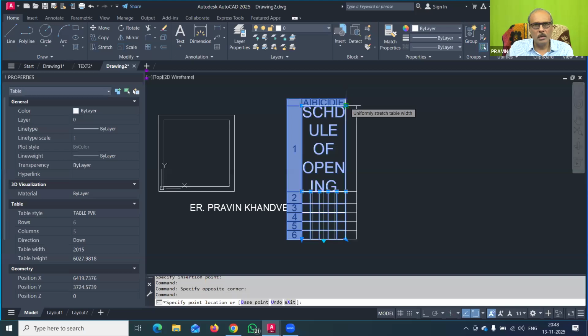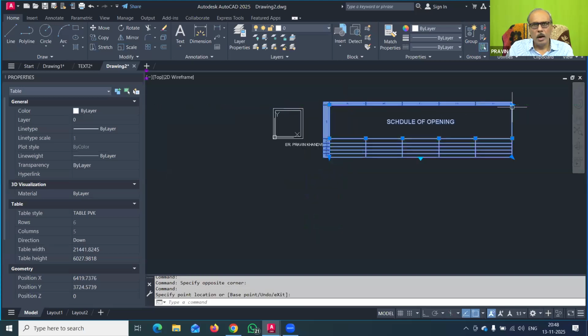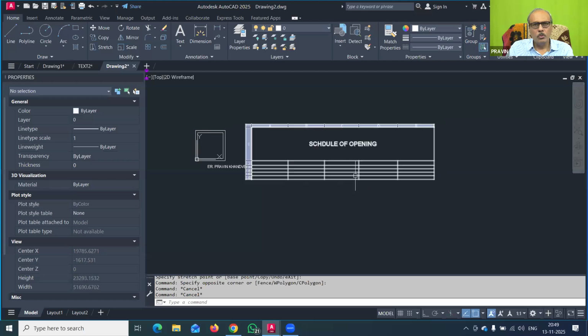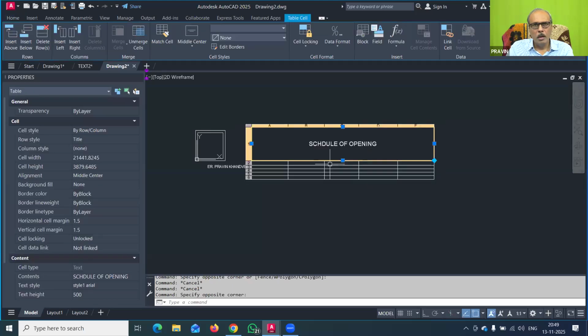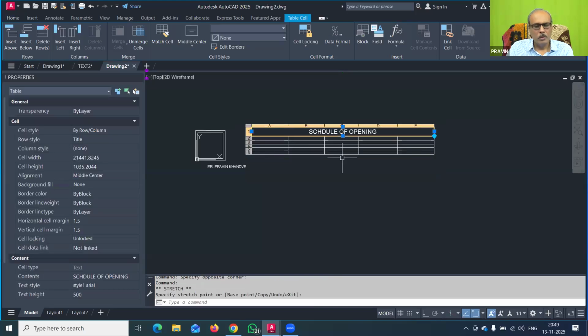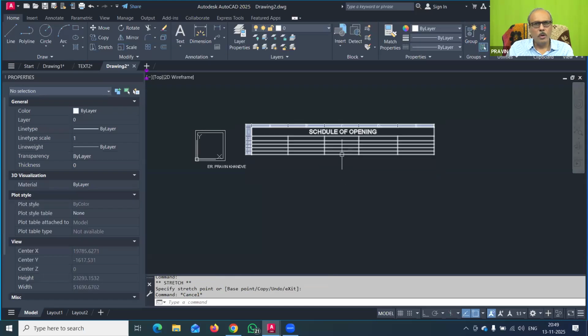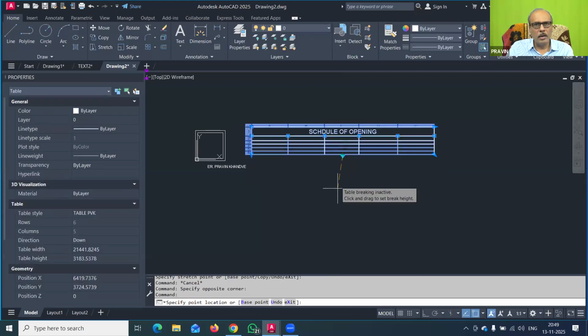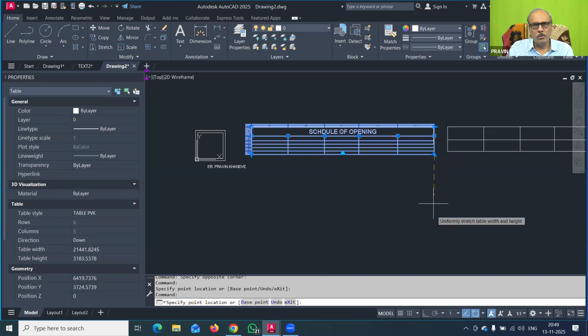So I will just get it here, and in that way you can shrink this. So you have to adjust this. So table and then resize this. Yes. Now you can also resize the table rows, and here also you can just drag it, or you can resize from here also.